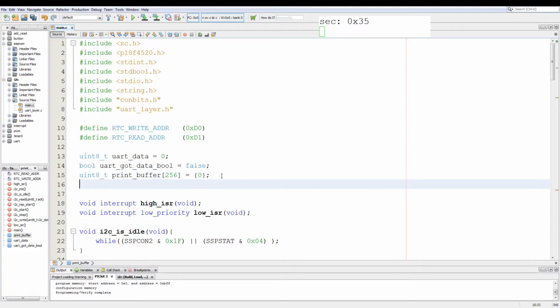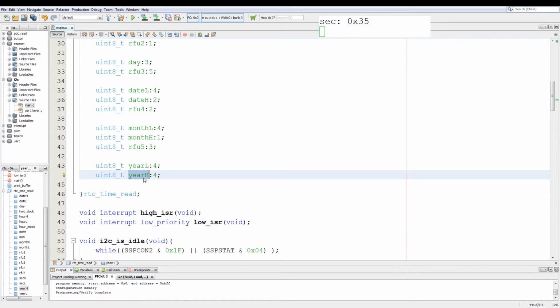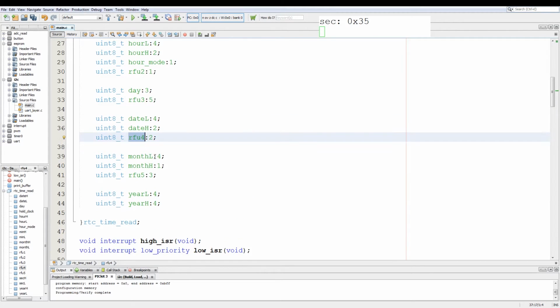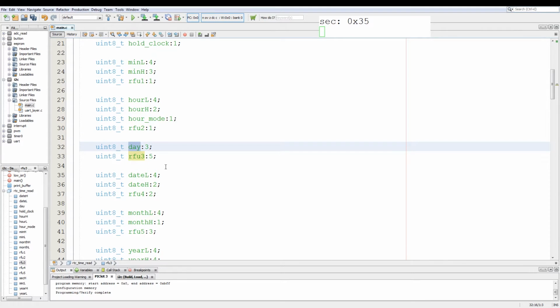Now I'm going to copy paste the structure that I previously wrote. I'm copy pasting just for the sake of time, otherwise we're going to be here till the cows come home. Paste in the structure. Now what this structure does is contain the data that we want to write to the RTC. So the high value for the years, the low value for the year, reserved bits that we can't use, the high value for month, the low value for month, again reserved bits we cannot use, the high value for date, low value for date, reserved bits we cannot use, the 3 bits for day, the single bit we can't use,